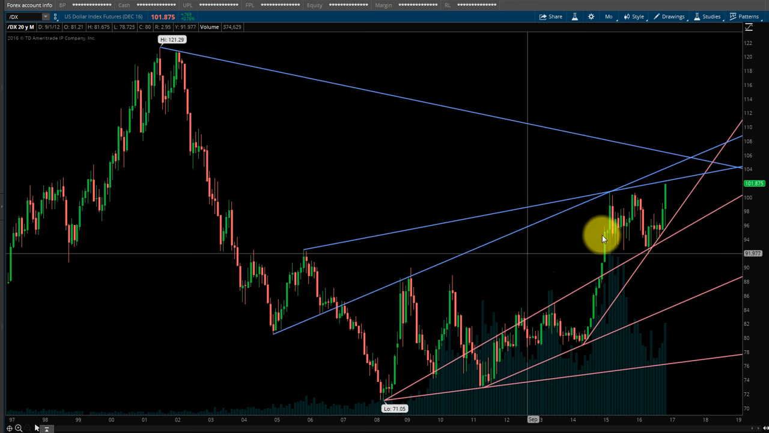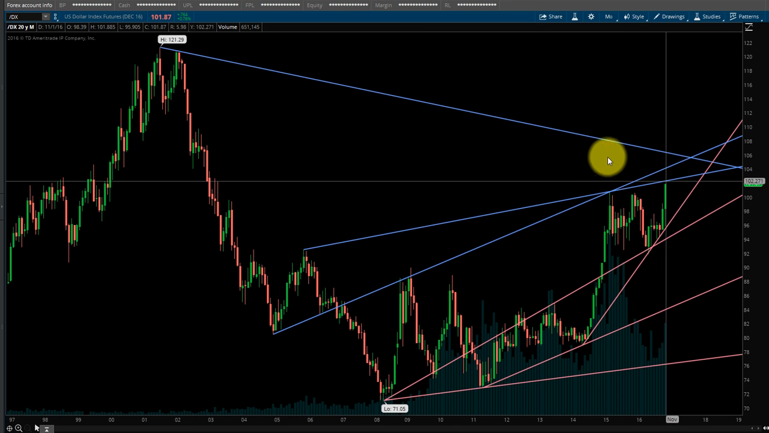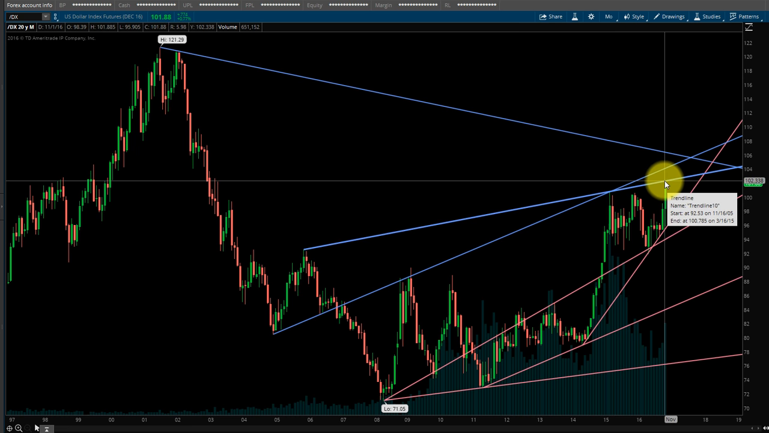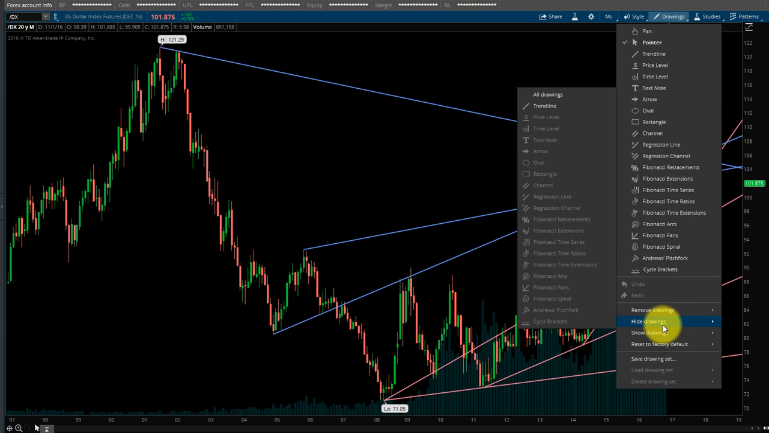swing pivot low if you arc it here. So these are pretty much the ones you want to watch out for. This one right here would be like that 102, somewhere around there. Keep an eye on that. And then lastly,